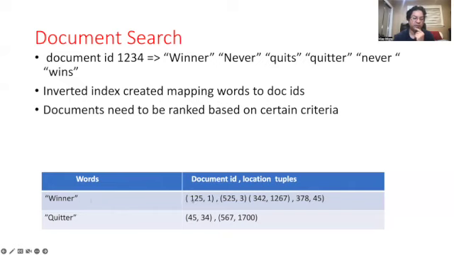In this, we are creating this tuple kind of a thing where we have the pair of these two values, the document ID, and 125 is the document ID, and one is the index where it appears. Likewise, in the document 525, it is appearing at the third index. So not only this, we create a lot of tuples for each word, and then we rank all the documents